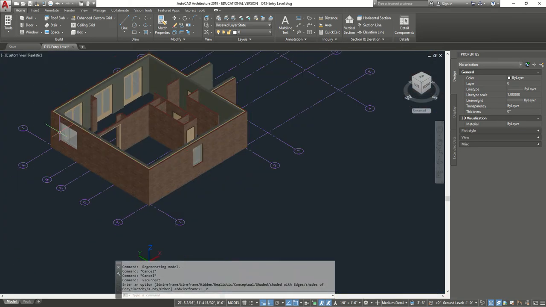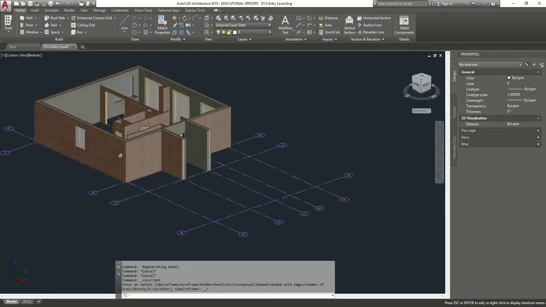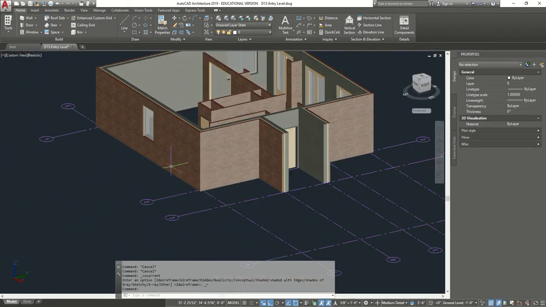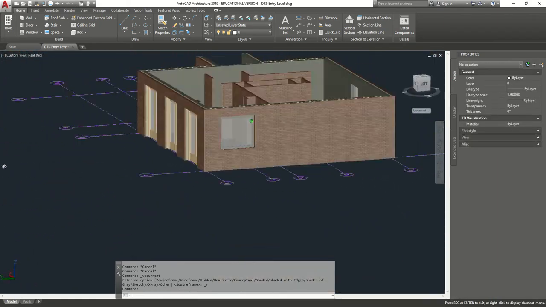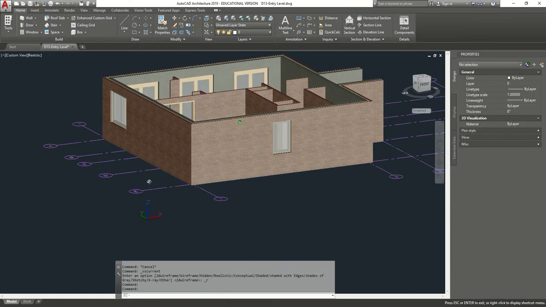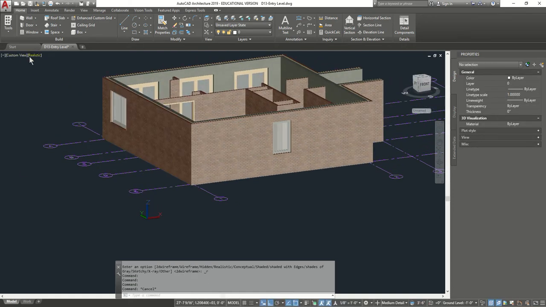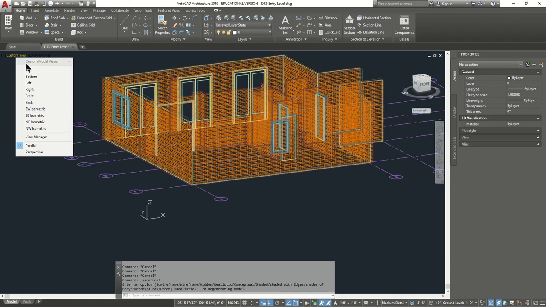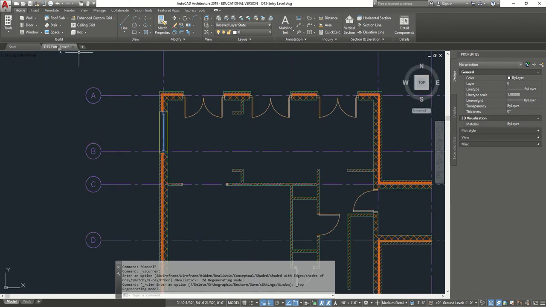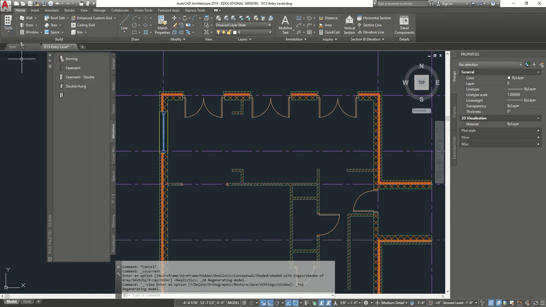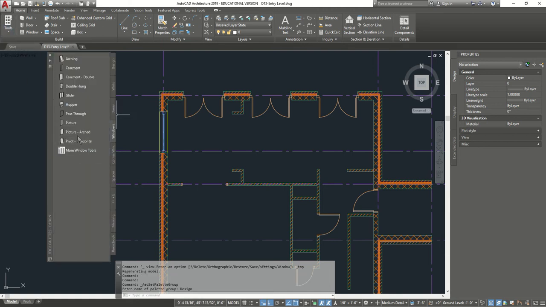We added one window over here and another window placed right over here. So we have our two windows of our doors from before. Let's go back to the top view. Always insert the windows from the top view. Let's go add a corner window. So let's go back to tool palettes, design tools, and let's go add a corner